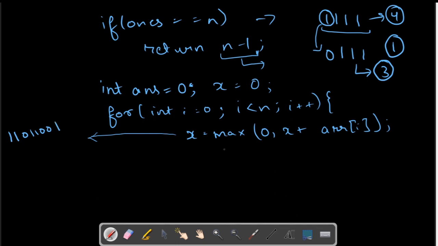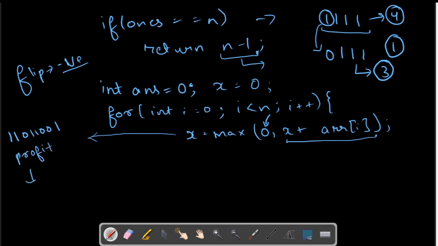So it checks that in a subarray, by performing the flip operation, we should never go to negative integers, because we don't want to reduce the number of ones after doing that flip operation. So this is keeping in mind that if we are getting a negative number, it makes it 0, and with this we are trying to check whether a particular subarray is giving us profit or not.